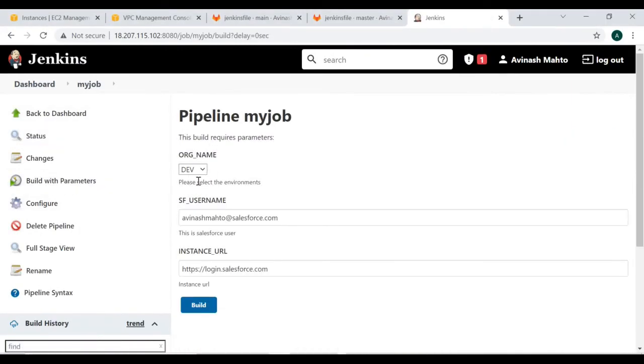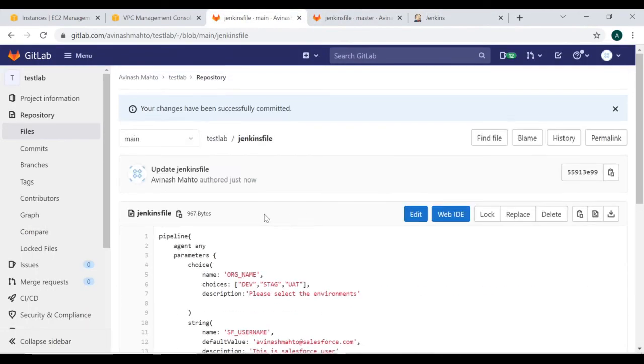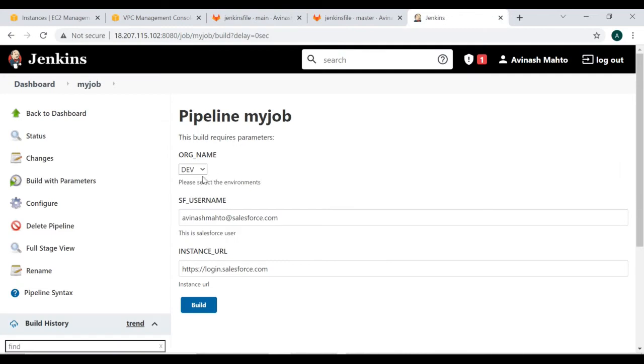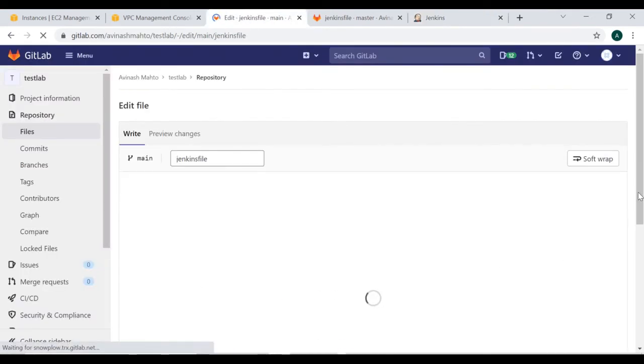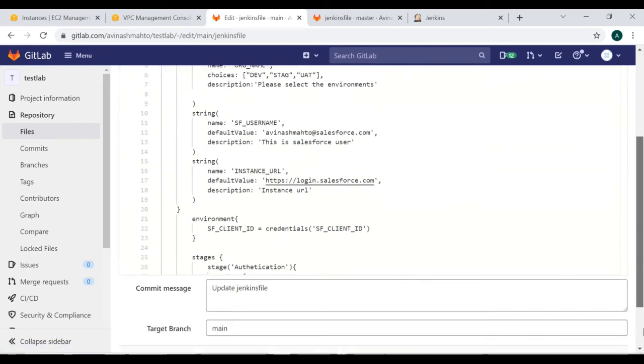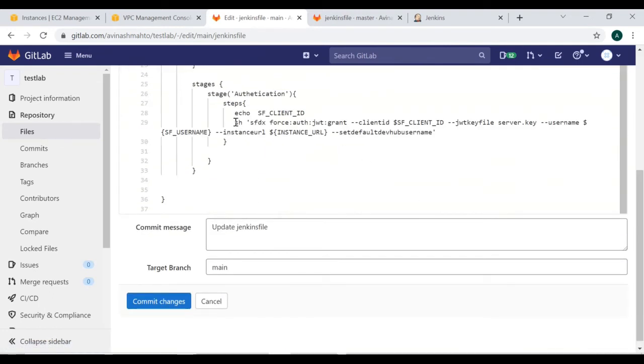So you can see that now, after running, the parameter which we have defined here is coming as a choice. So you can select dev, stage, UAT, right? And accordingly you can build here. So I say build, but this job will fail because I still have to figure out this Salesforce command, because these URLs are not active as of now.